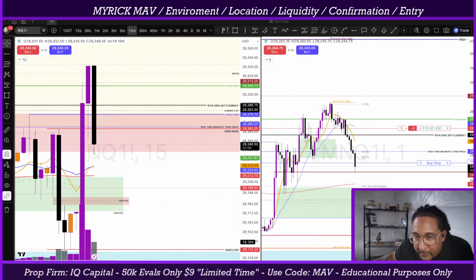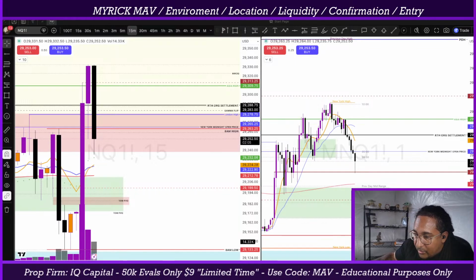Starting to hold there. We're holding. Oh, and we got stopped out there on the pullback. That's okay. But we get a nice pullback, and then